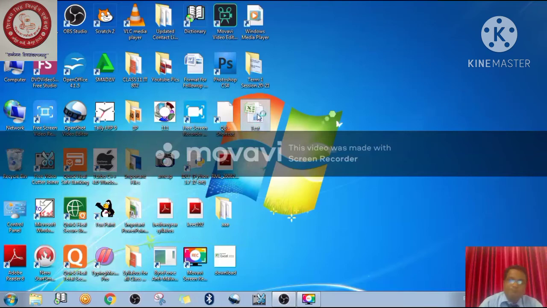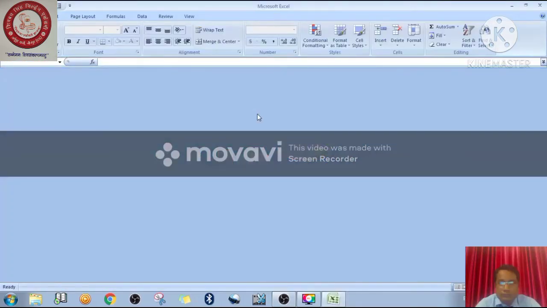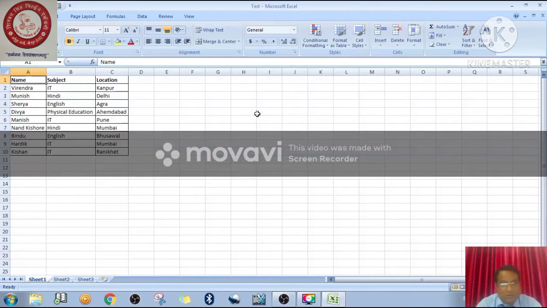Let me open one more time. Now it is taking a little bit of time. Once it is opened here, we have to understand what filtering is. So first of all, we have to understand what filtering is. Filtering is whatever data you want to show to particular users will be shown and the rest of the data will be hidden. Okay, so how does it work? Let me show you. First of all, what things do you have to do?